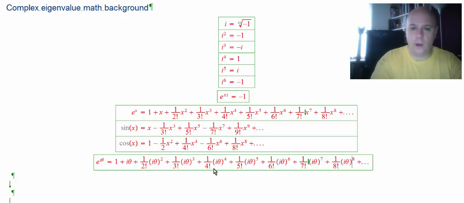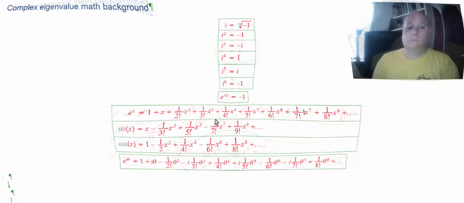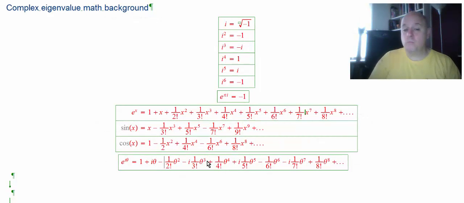That's going to be i squared, which I know is minus 1, times θ squared. This will be i cubed, which I know is minus i, times θ cubed. This will be i to the fourth, which I know is 1, times θ to the fourth, etc. So let's clean up those brackets. When we simplify, we end up getting all the odd-powered ones, θ cubed, θ to the 5,